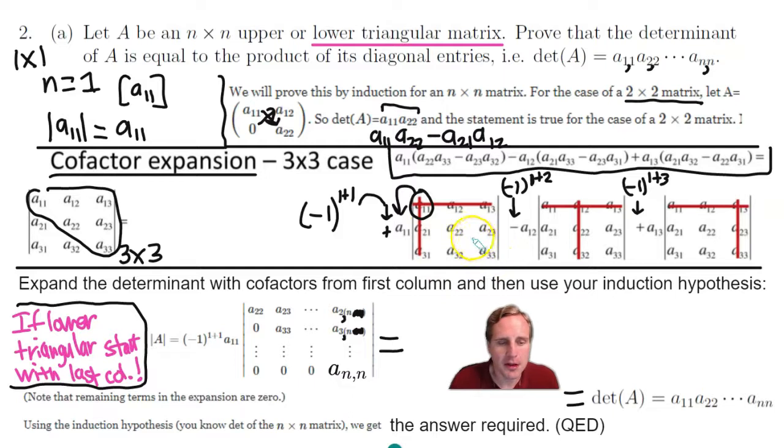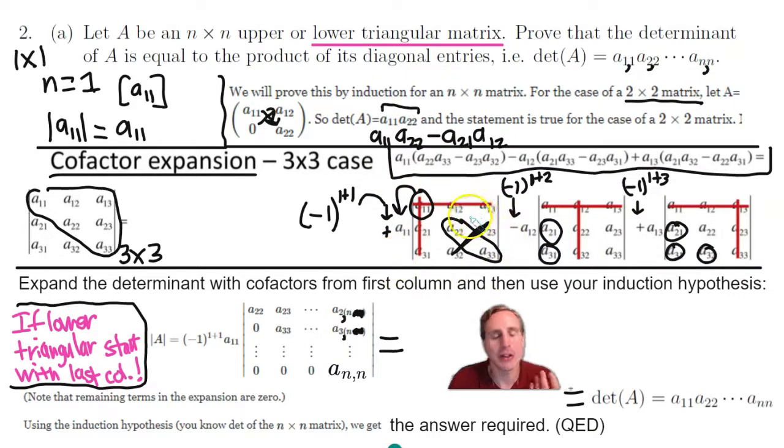What do I mean by that? Well, notice that we're only going to get data here, A22 times A33, and then times A11 out front. But then this part right here is going to be 0, because this is 0 right here. This is 0, this is 0, and then these are all 0, so then each of these determinants will be 0. So notice that only this front expansion using the cofactors is actually non-zero. Now, with all that being said, notice that we're just going to get